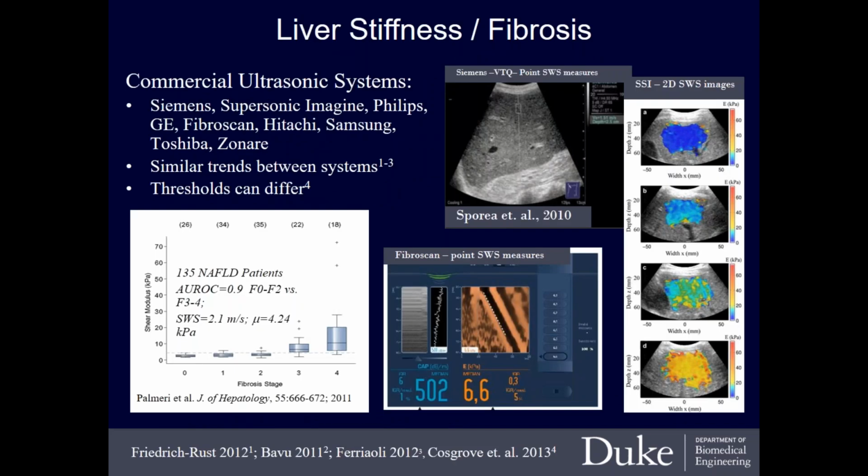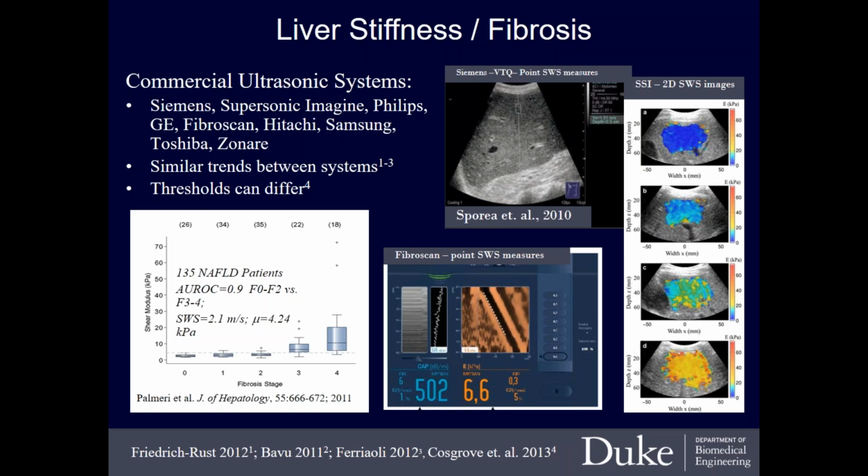Like I mentioned before, there are a variety of commercial systems on the market that have been exploring this, first in the research literature, looking at both radiation force systems and some other systems like the FibroScan, which doesn't actually use radiation force but uses a mechanical punch from the skin. People have looked at reporting just a single number back from a region of interest, similar to what the Siemens system on the top shows. The SuperSonic system, the Aixplorer system, early on was showing 2D regions of interest with shear wave speeds, and multiple systems now offer that.